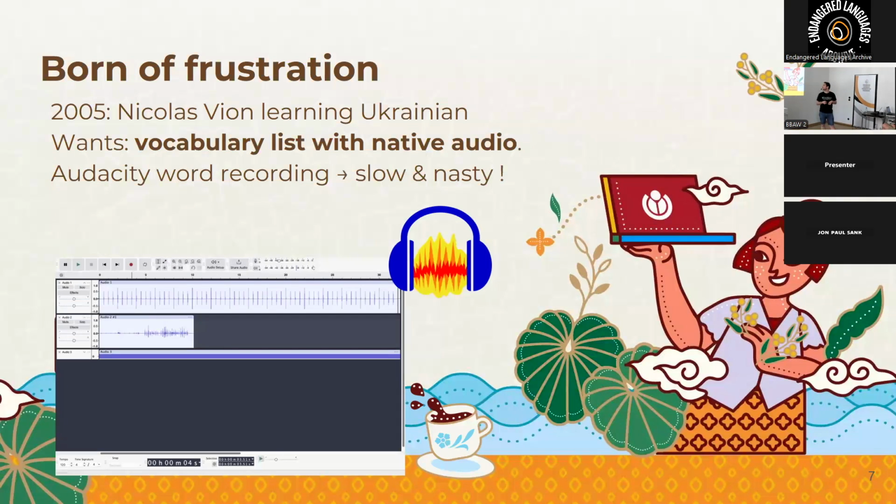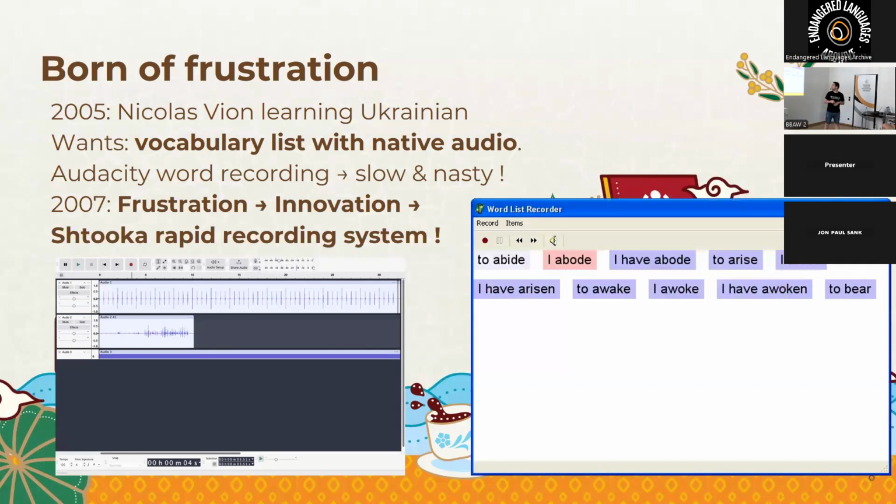As with most innovation, LinguaLibre was born of frustration. We had a student who was learning Ukrainian, and he wanted a vocabulary list with native audio. The way back then was to record one word at a time: you click record and you click stop. That was nasty and very slow. So, because he was a software engineer, he created a software, Shtooka, which allows you to just start the software and read; it has audio detection, so when you have a silence, it jumps to the next word.